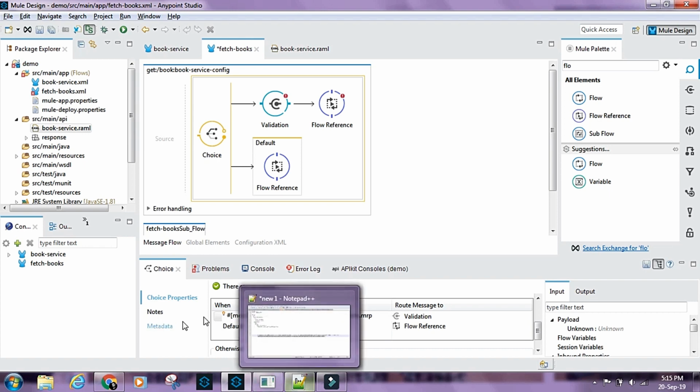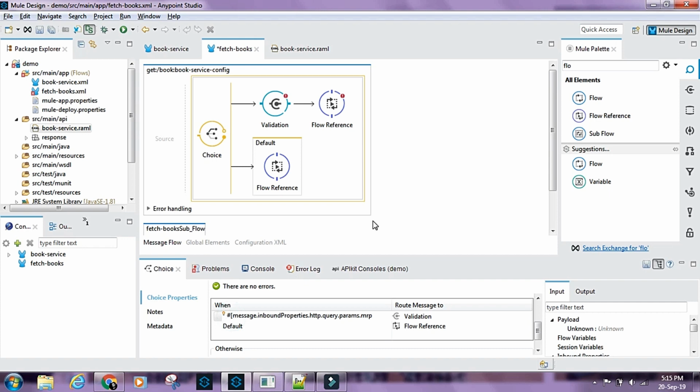So I'm just gonna put this inside the bracket. Not equals to null. So this would check if that particular query parameter is present, and